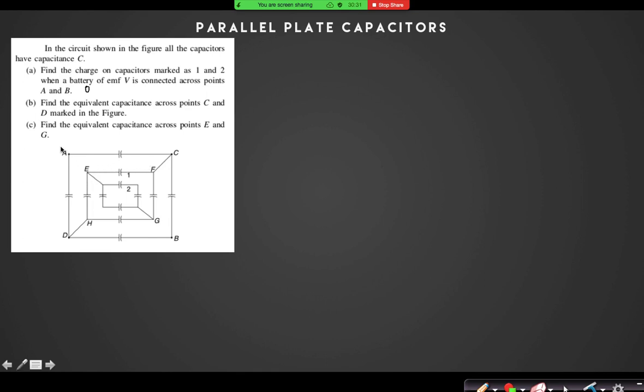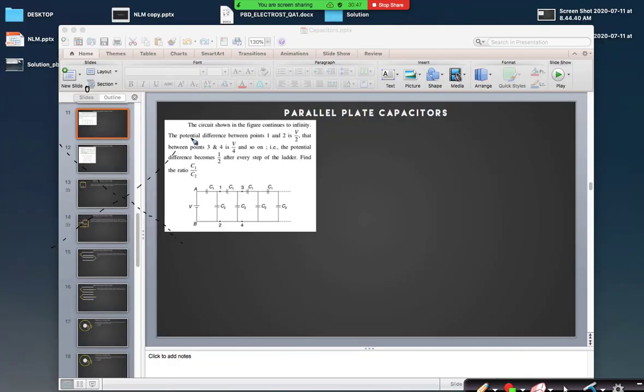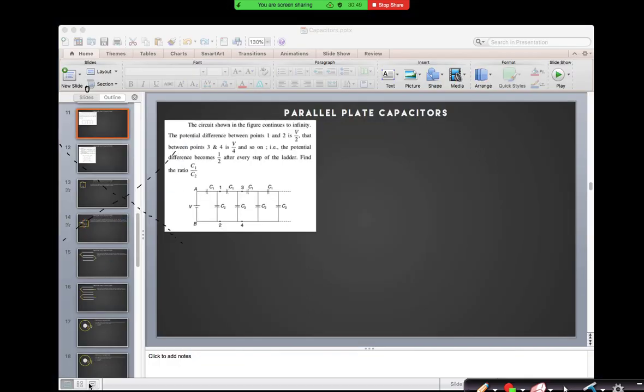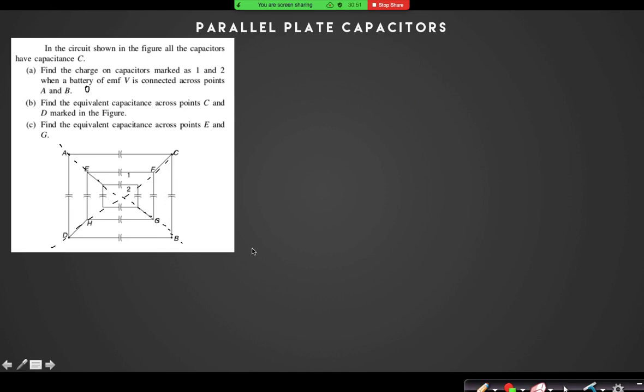Look, can I find a symmetry? Do you remember the vertical symmetry that was along the perpendicular bisector of the line joining the batteries? So I can see that there is a vertical symmetry along this line joining C and D. So this current will be the same, this current will be the same.